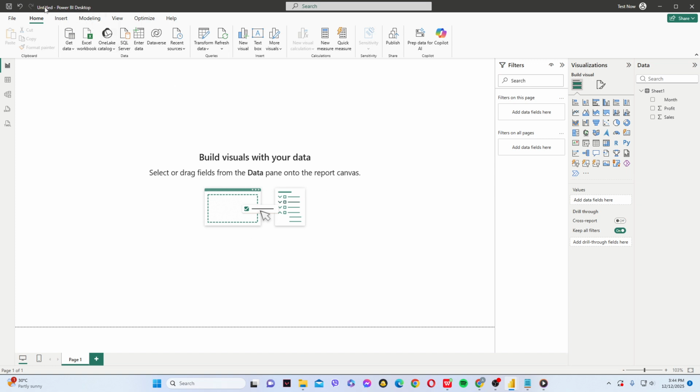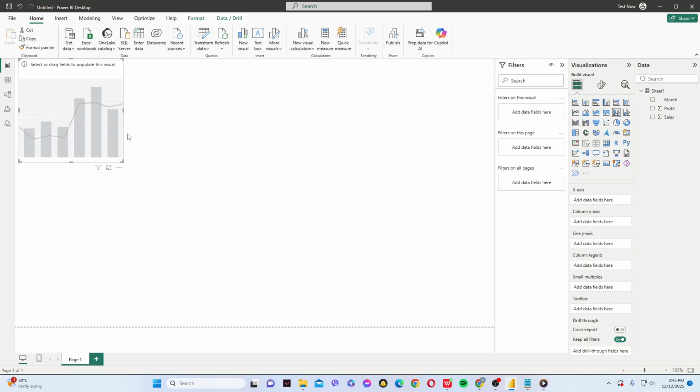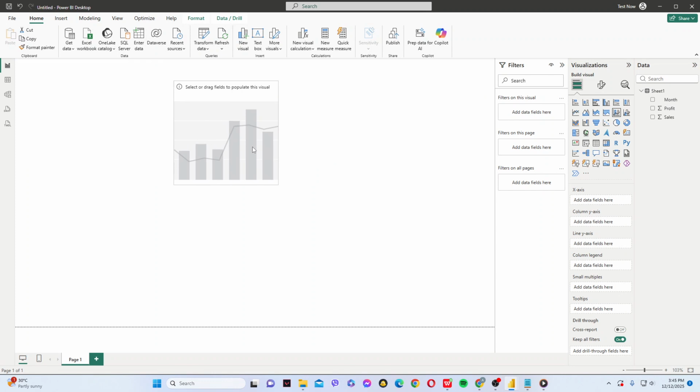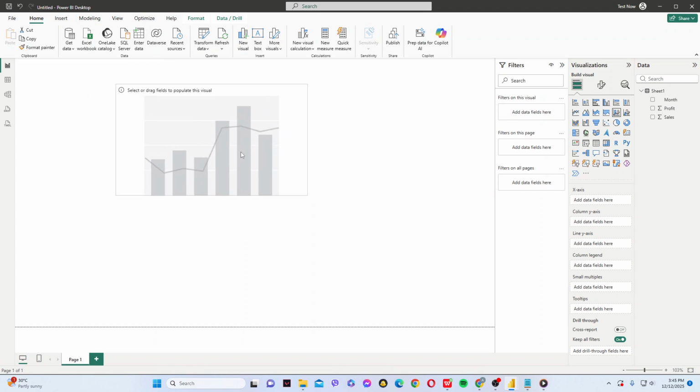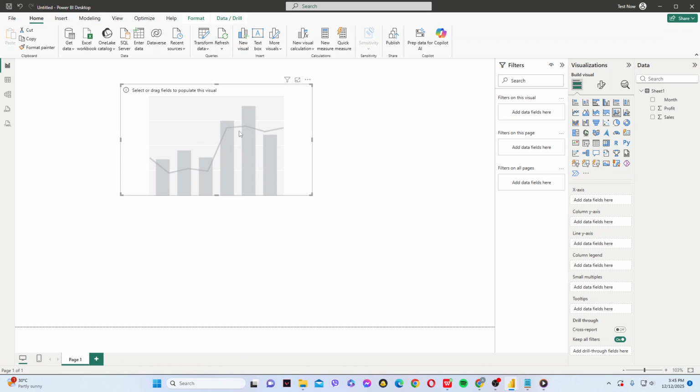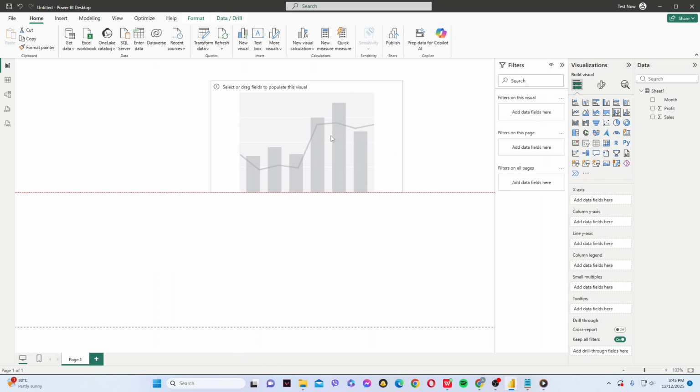Start by opening your Power BI app on your desktop and heading into one of your existing reports. With the report open, look to the visuals pane on the side and choose the line and stacked column chart. This visual lets you compare two related measures in one view, with columns showing totals and a line overlaying a trend. It's great when you want to highlight overall volume as columns while still showing a trend line across the